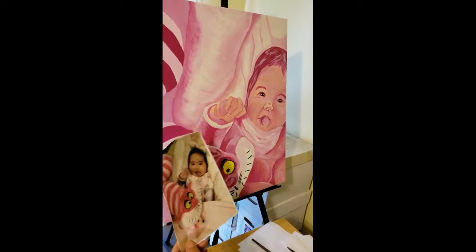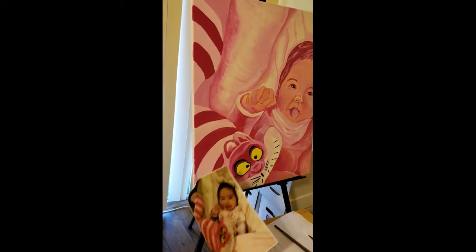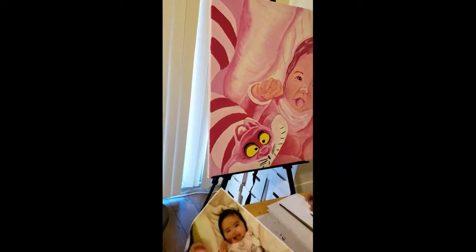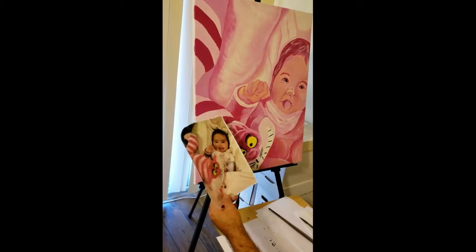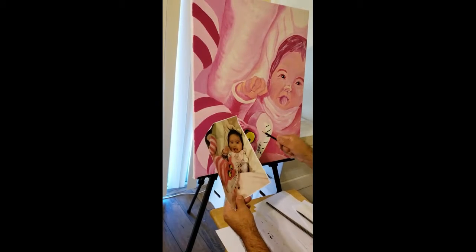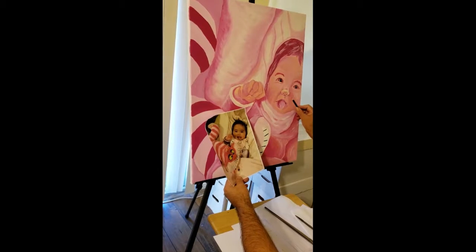As I look at it, like that baby, if I was to get this painting, I would say, yeah, it works. I see it, that's my kid. But it's not my kid, so I can't say. But I look at it and say you've done a really good job of capturing the kid. But like, okay, the nose. Yeah. I would say,